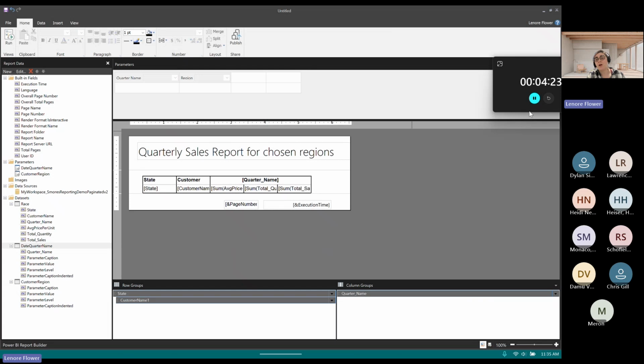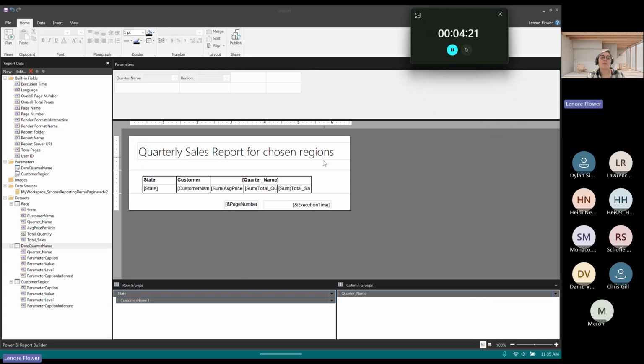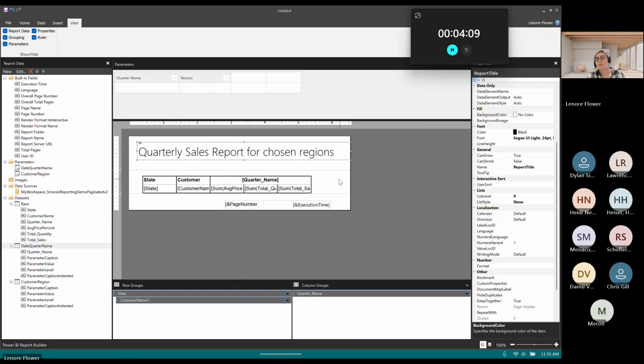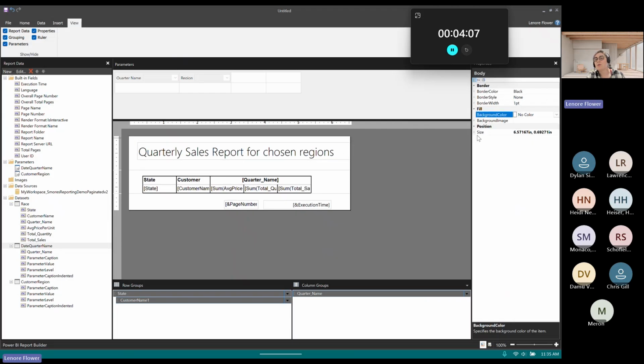I'm going to go ahead and arbitrarily say that we're going to want this to be an 8.5 by 11 standard letter size. And the way that we're going to fix this so that it aligns with that is by going into the body, and we're going to adjust the size so that the width will be exactly what we want. It's 8.5 by 11 for letter, right?